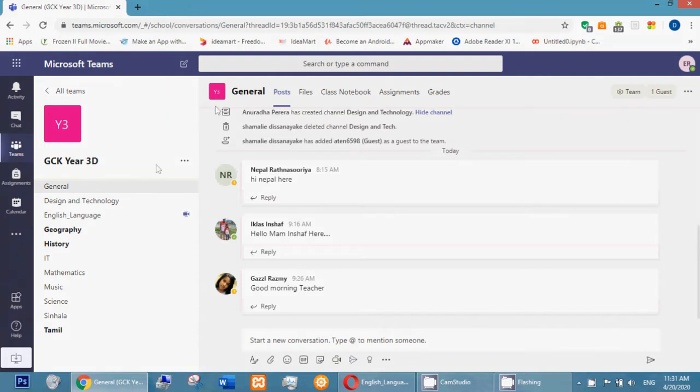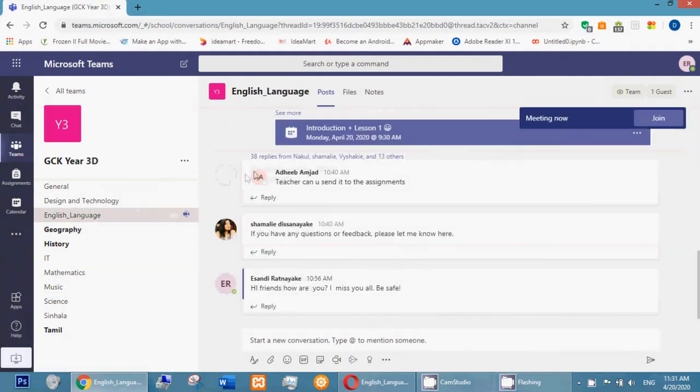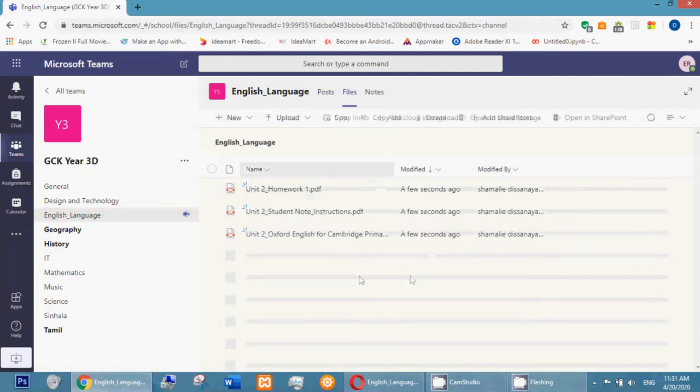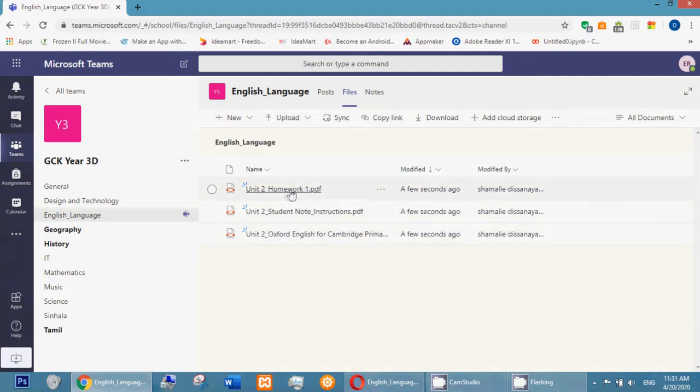So now I'm in a class right now, and you can see that under the classroom there are different channels for each subject, right? Now, for example, if I went to English, and if I go to files in that section, you will see the files uploaded by the teacher. For example, here you can see there's a homework. You need to do homework, right? If you click on that,